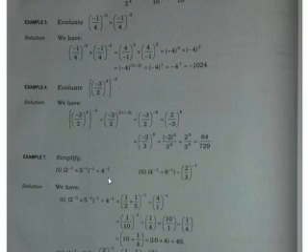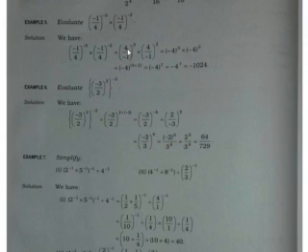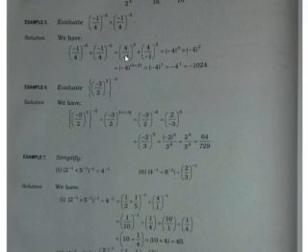Now if you will see example 5, here it has been said minus 1 by 4 raised to the power minus 3 into minus 1 by 4 raised to the power minus 2. So when the minus sign in the power changes into plus, what happens? It becomes 4 by minus 1 raised to the power 3 into 4 by minus 1 raised to the power 2. Why? Because when the negative power changes into positive, the number becomes reciprocal. So it will become minus 4 cube. Actually minus is not in the denominator, so it becomes minus 4 cube. If the denominator is only 1, no need to write that, so it becomes minus 4 cube into minus 4 square.